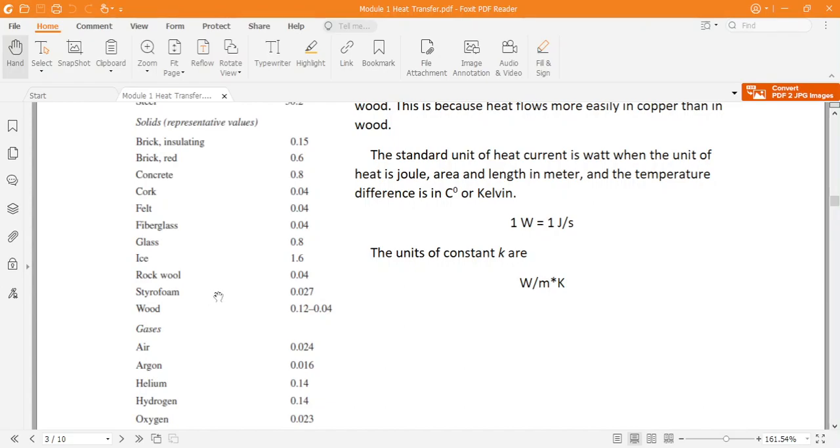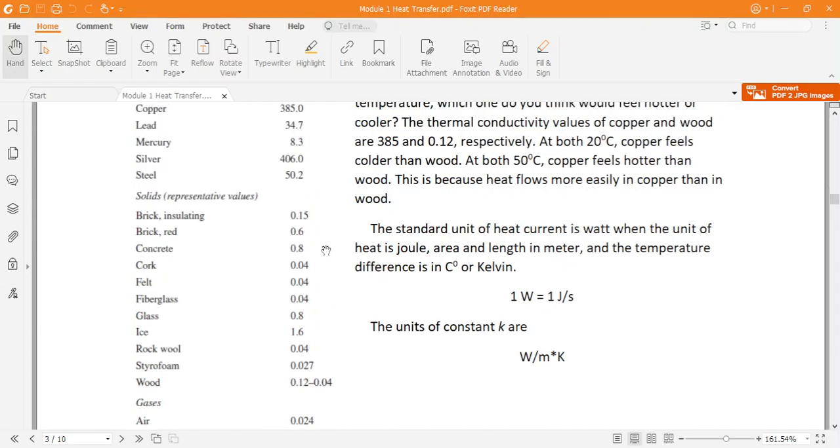If you notice, your ice box is made of styrofoam, plastic, or glass, so the thermal conductivities are smaller. Now look at wood, it's very small. That's why if you have wood, even if one end is on fire, you can feel the other end as cold. But if you use metal,